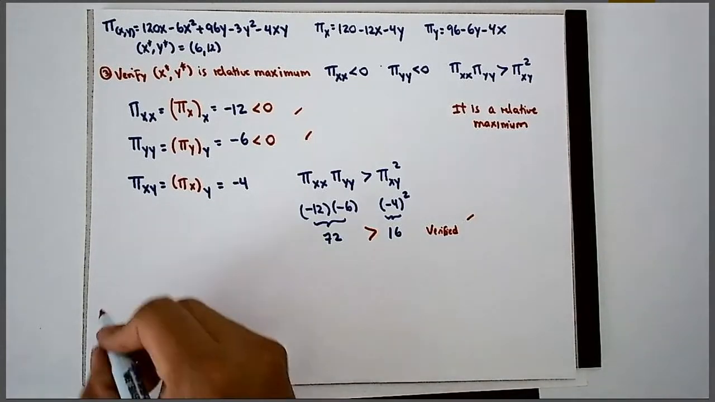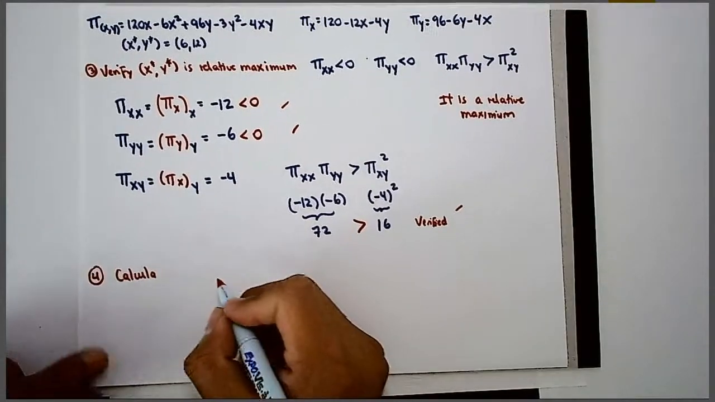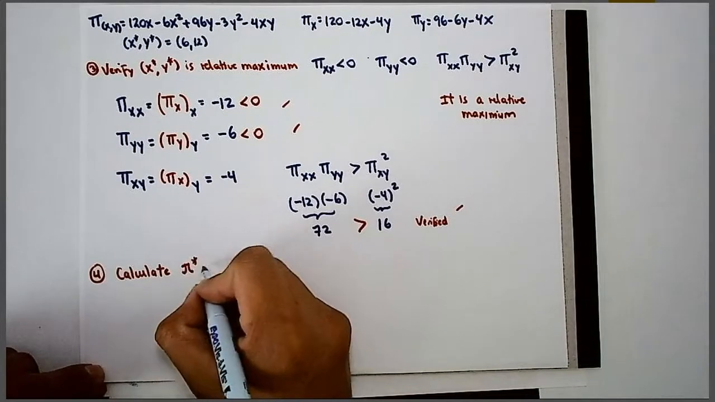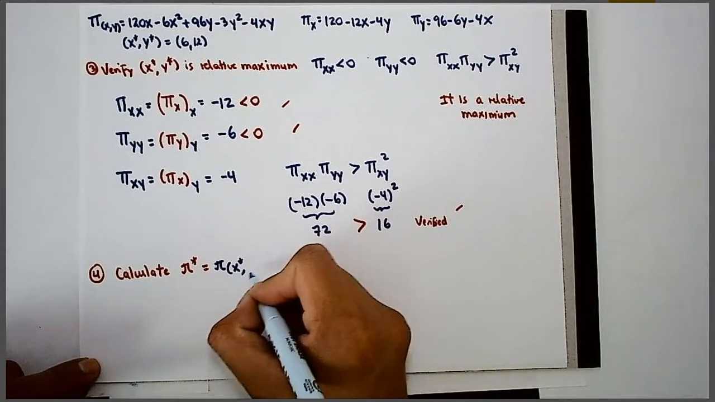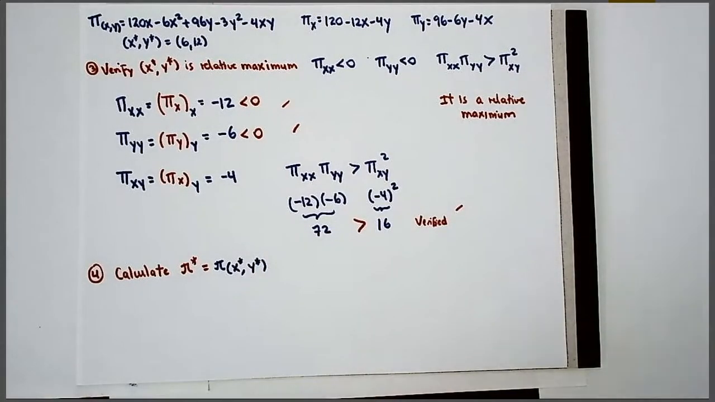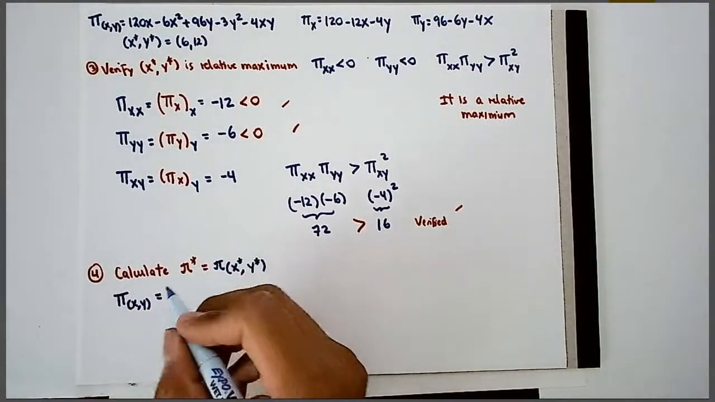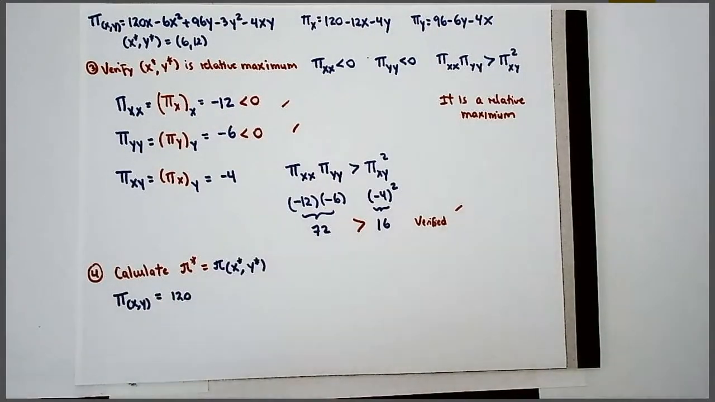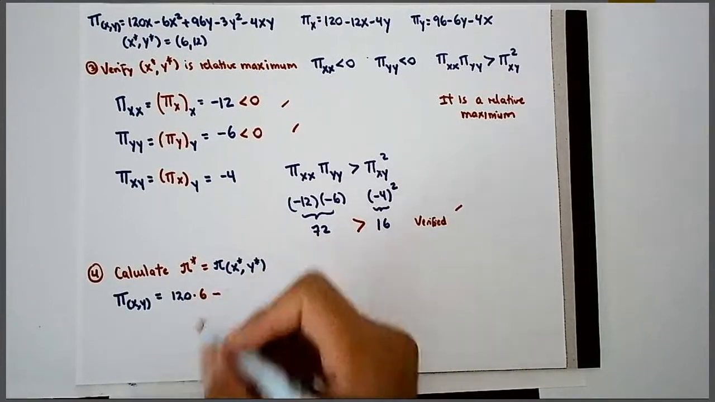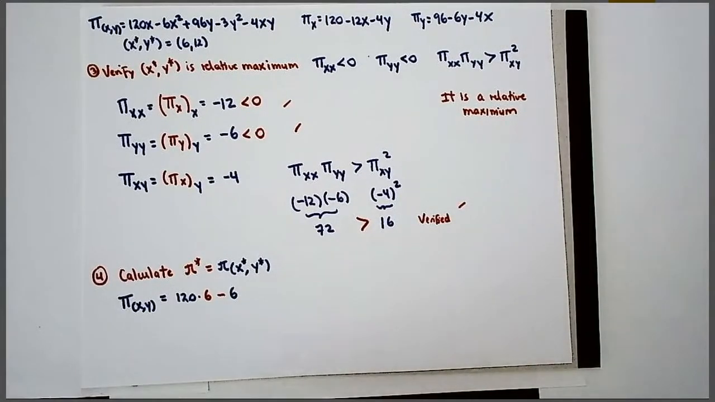The last step is simply to calculate the optimal profit by plugging our relative maximum point into the profit function. So here, let's plug the values. So this is 120x, and x was equal to 6, minus 6 times x squared